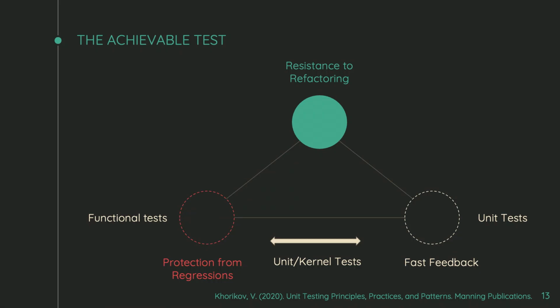But if you have to wait 20 minutes to run all your tests, you're not going to do it, right? It's a real bottleneck. Likewise, though, if you have really fast tests, you're simply just not going to catch as many bugs. And I'll give you some more insight into why that happens as well. So there really is a balancing. And kernel tests kind of live in between there.